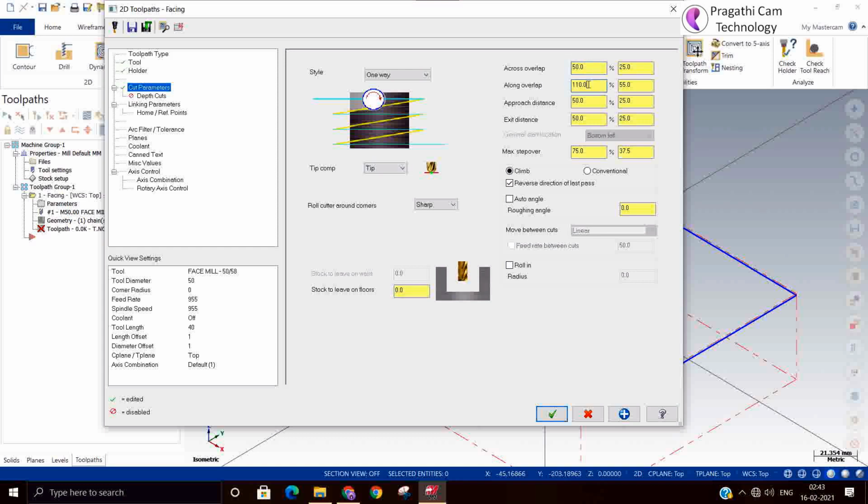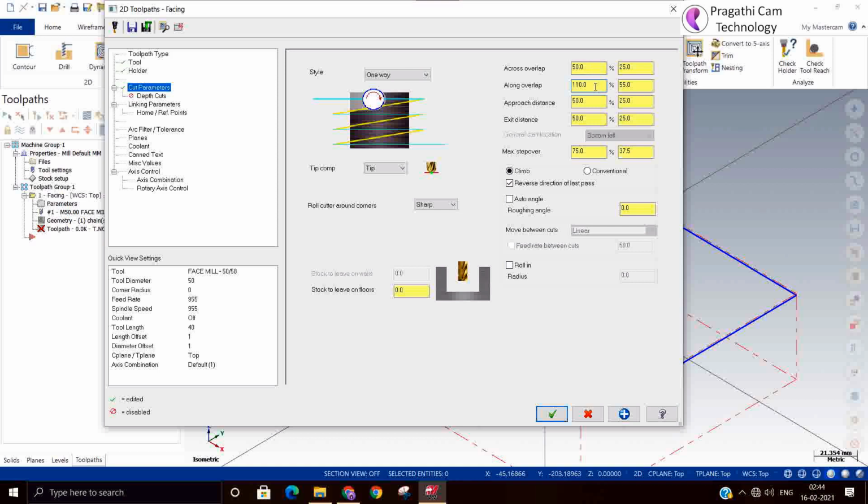This is the across overlap and this is the along overlap. The across overlap is applied for the first pass. In the first pass, it will start from 50% of the cutter diameter, so 50% of the cutter will engage and the other 50% will be in the air.